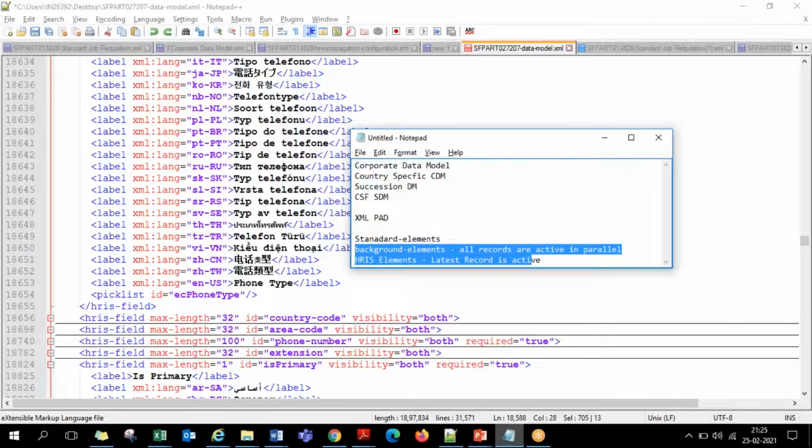Okay, so there will be no specific question asking which portlet is this, HRIS or background. Nobody will ask you either in the certification or in the interviews anywhere. But obviously down the line, when you are accessing the system regularly, staying in touch with the system, working on these portlets, you will automatically get to know which are HRIS and which are background. It's all down the line in the experience.